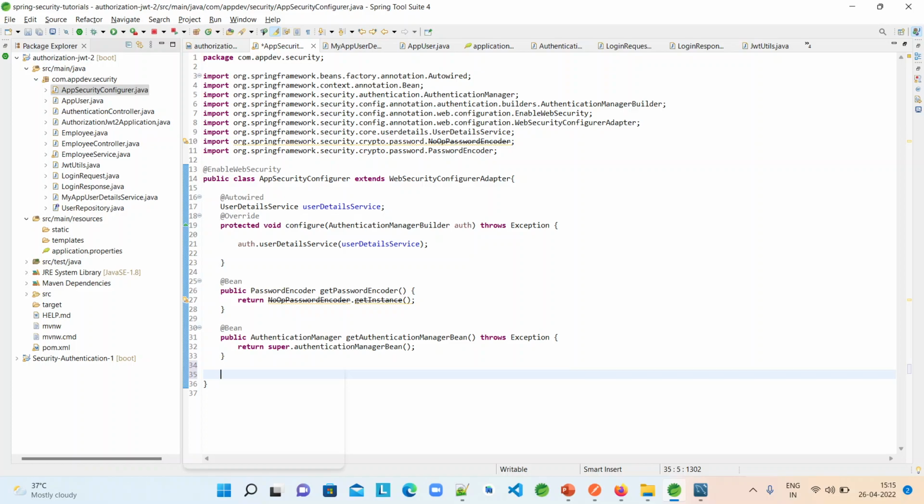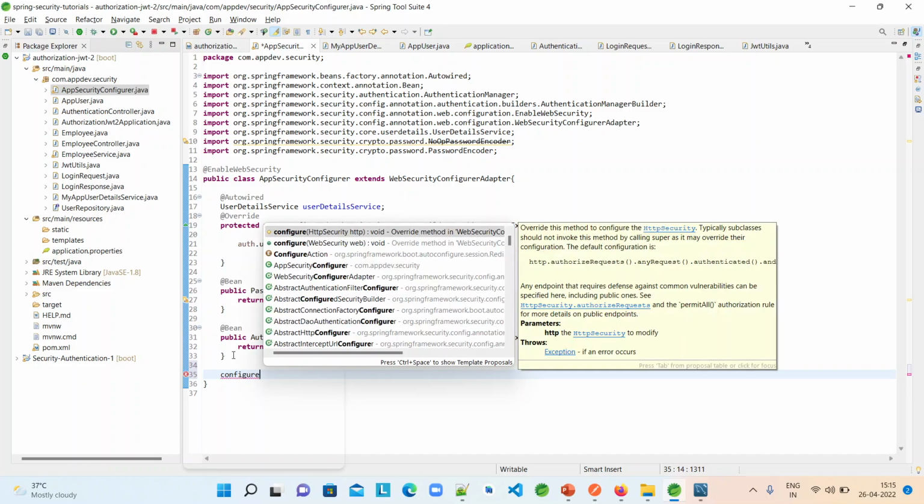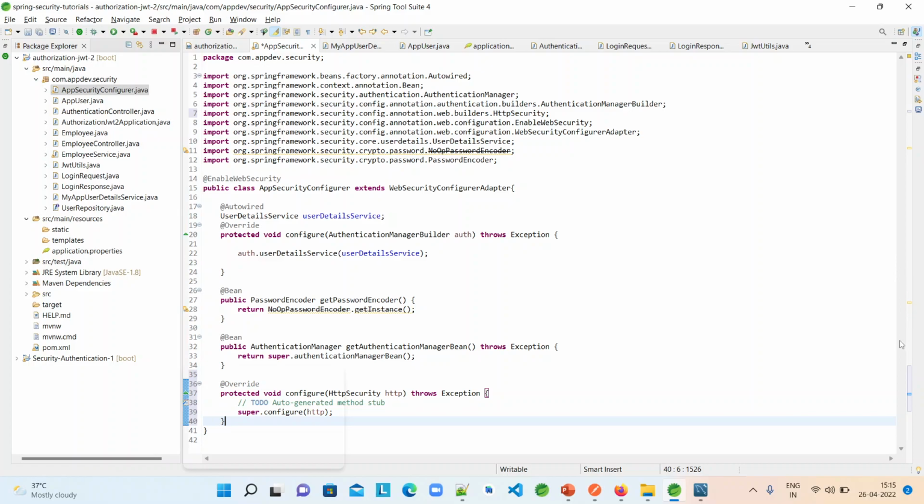So we have to bypass that authorization. So how can we bypass it? We have the authorization configure method, right? That takes HTTP security, right? In the app security configure method, we have to bypass that, right? So HTTP dot